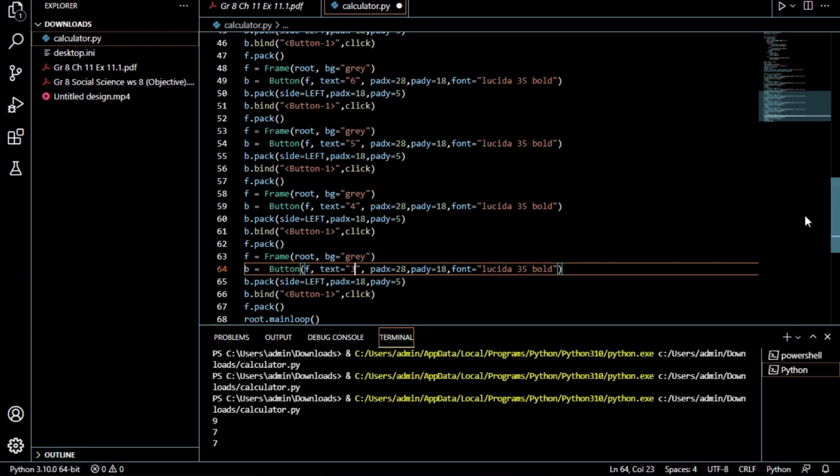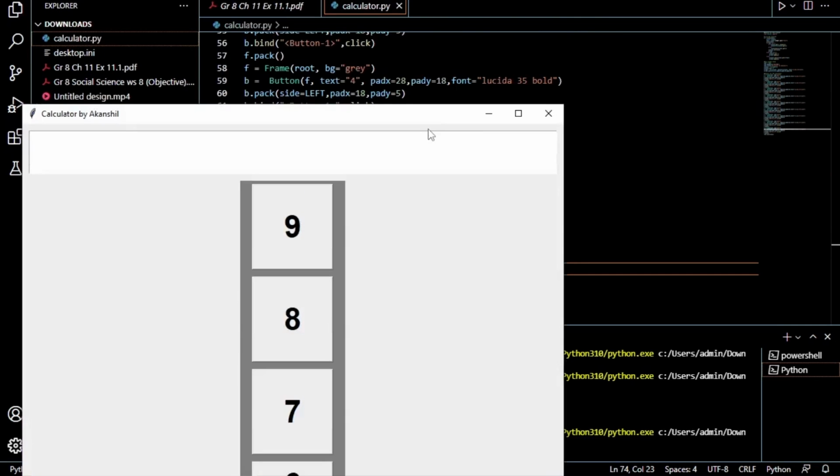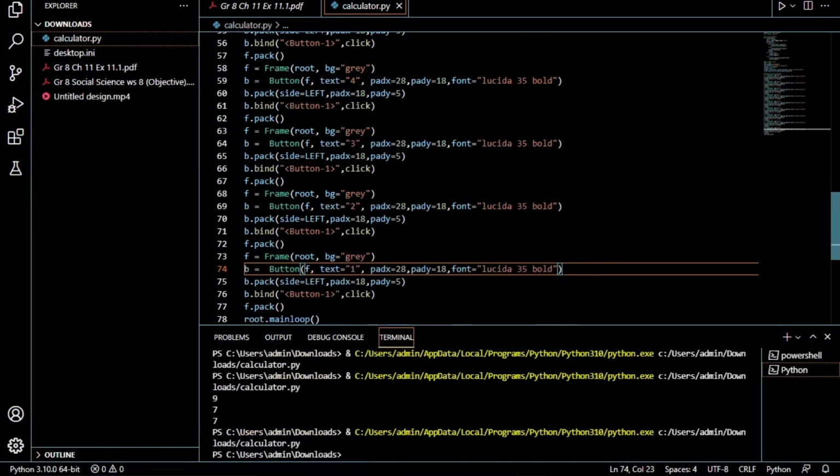Just a minute, guys. Let me just run this again. I don't know why it's not coming. Yeah, so as you can see over here, we're getting all our buttons, but the problem is that I'm not being able to see the other buttons, such as the 1 and all those other buttons. I think they are below, but because they are one above the other, that's why we are not being able to see them. Let me look at that problem just a little bit, guys, because this is getting a really serious problem now.